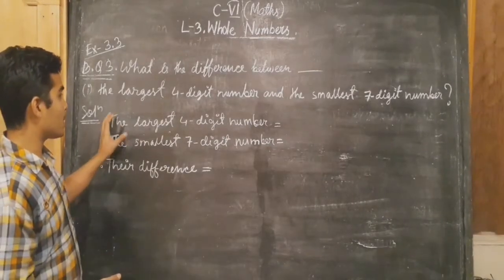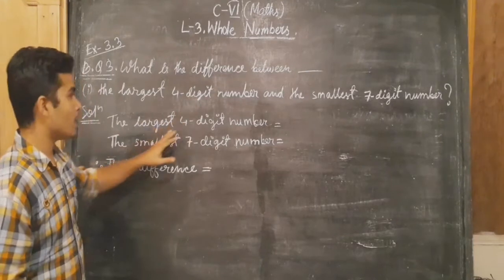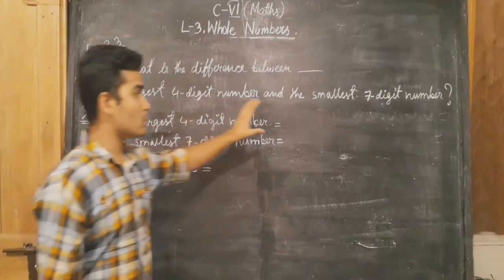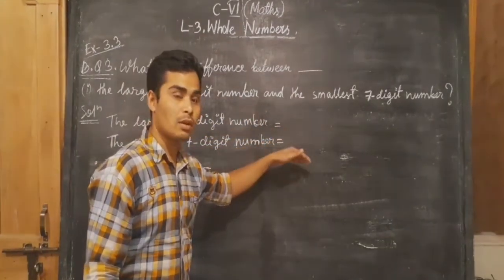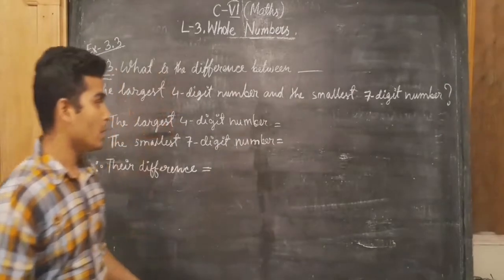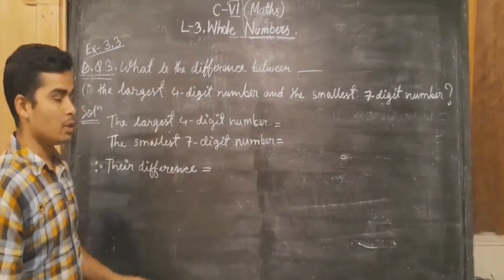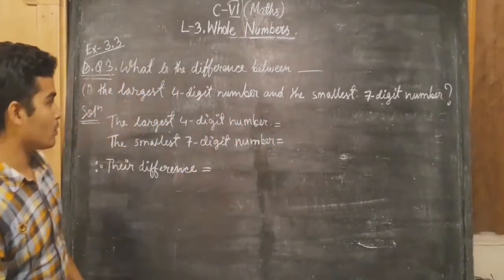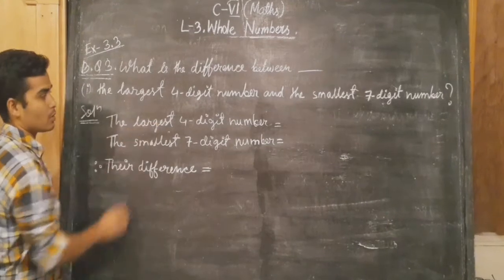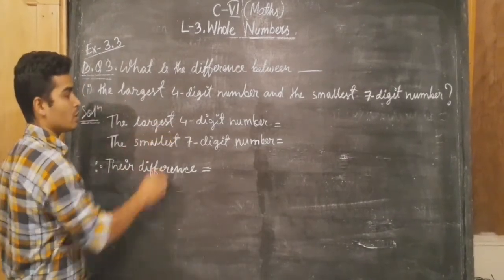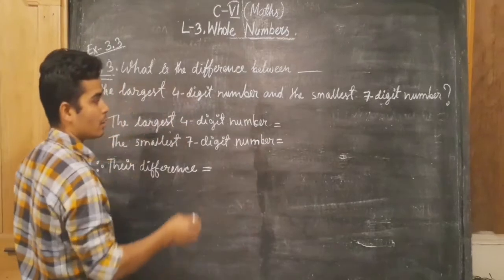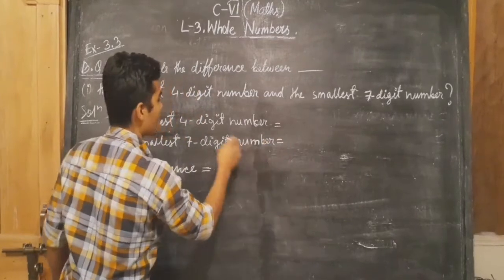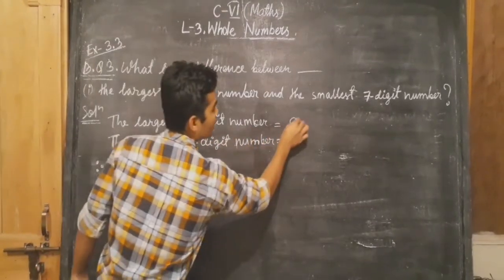So now we are going to write the largest 4-digit number, and again we are going to write the smallest 7-digit number. From both the numbers we have to find which is small and which is greater, and we have to find a difference, means we have to subtract the small number from the greatest number. So first of all, let us write the greatest, or we can say largest 4-digit number. We have already learned in the previous lesson that largest numbers we write by using 9. So the largest 4-digit number will be